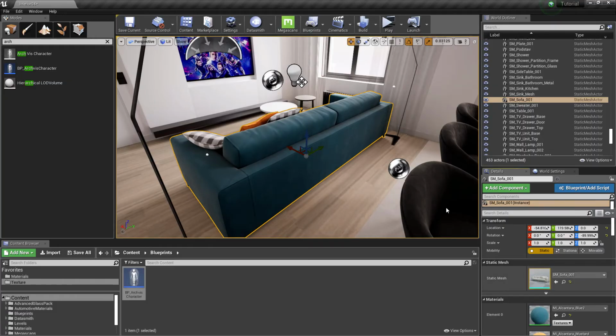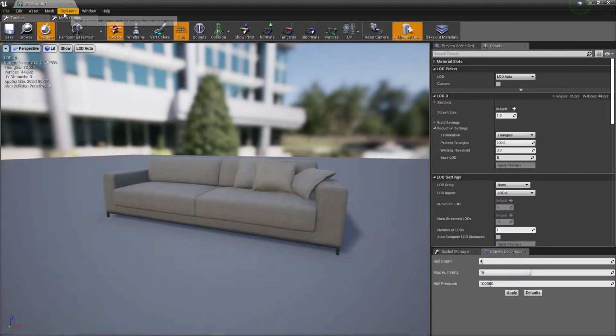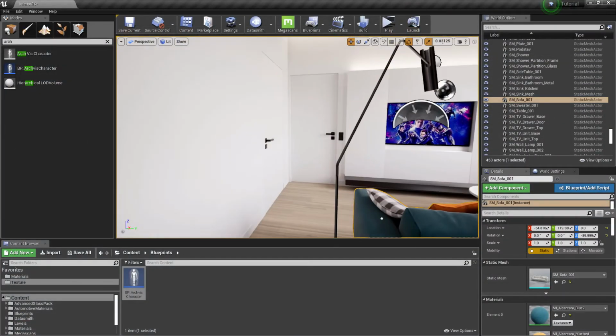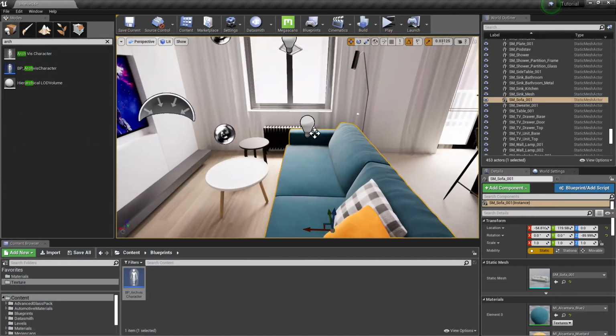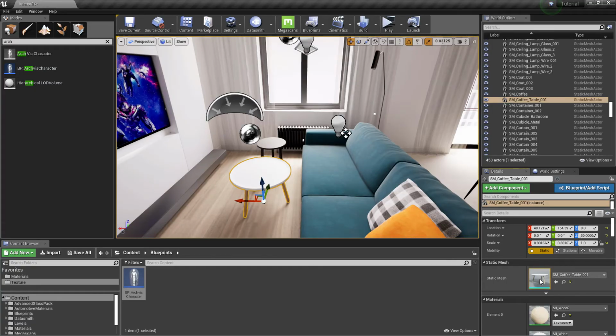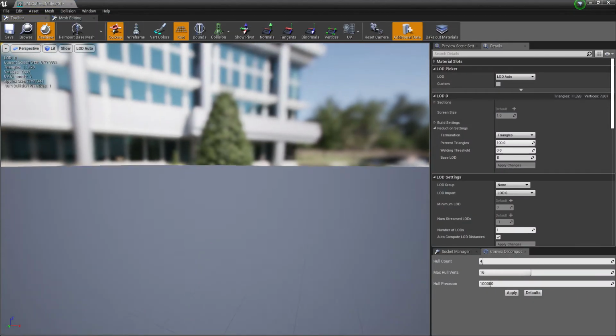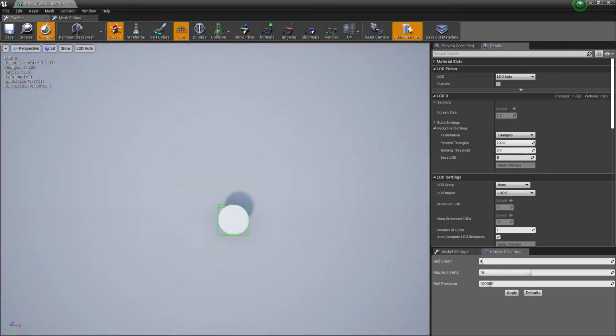Let's add one to the sofa. The box collision is not conforming to the table shape.